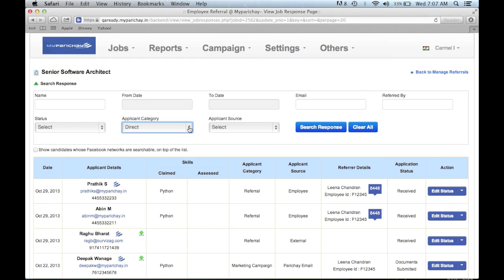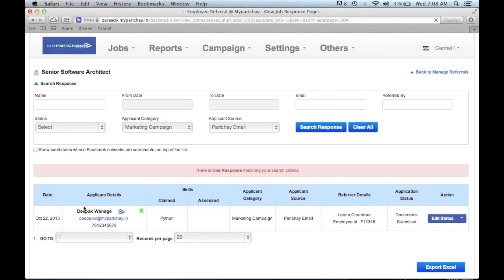Let's look at one of these examples for the campaign field that we have introduced for the email campaign feature. So let's track this for the marketing campaign, and let's say the source is the Parichay email, which is a social retargeting email that we have used. As we click on search responses, we will notice that one of these four candidate applies was from an email campaign that the recruiter had sent out, and the applicant category is marketing campaign and the applicant source is the